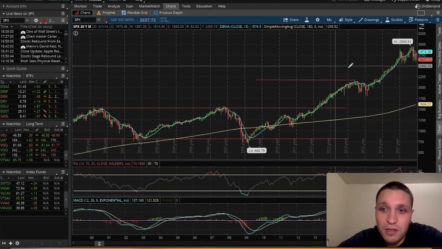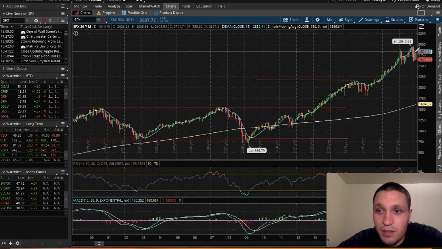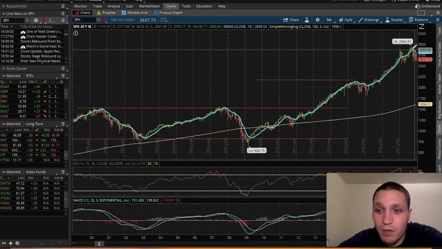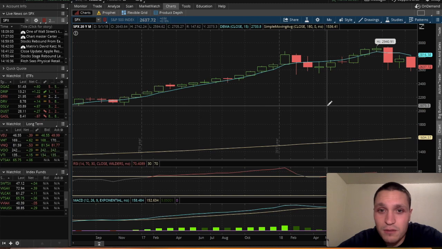When they figure out what is actually going on, money will probably be flooded back into the market, and you could see it go up. But I'm not going to really think it's going up until we get near this line again or even above it. Now, if you're in for the long term, you really don't care. You most likely don't care, and you're just going to leave your money in there,